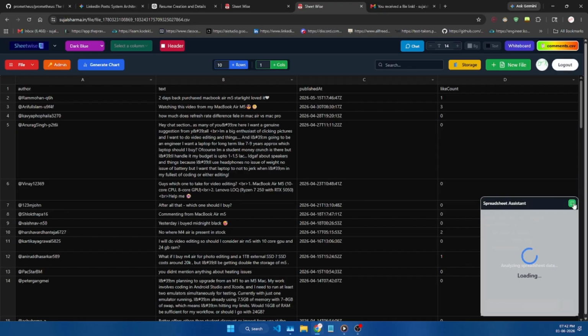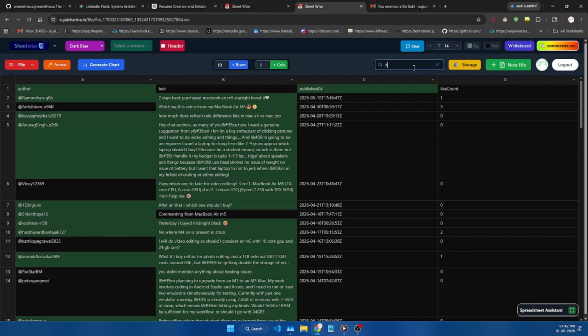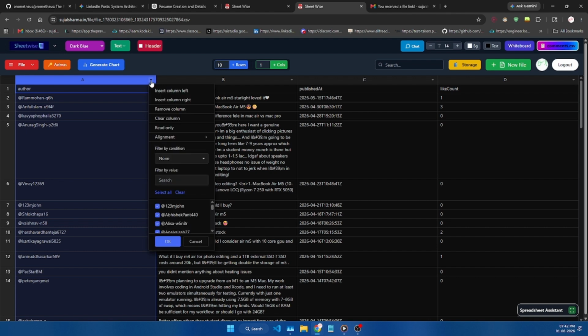In the meantime, I'll show you some front-end features. If you want to search something, you can search over here. You can see all of the Excel-like features.